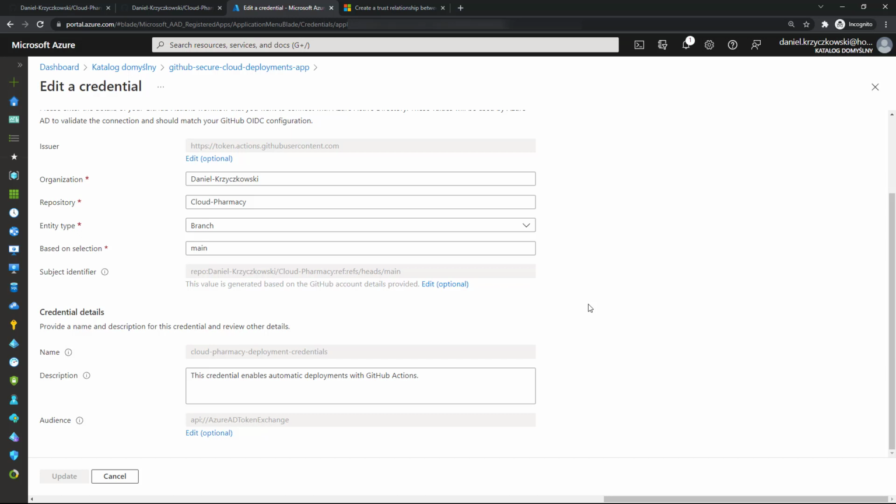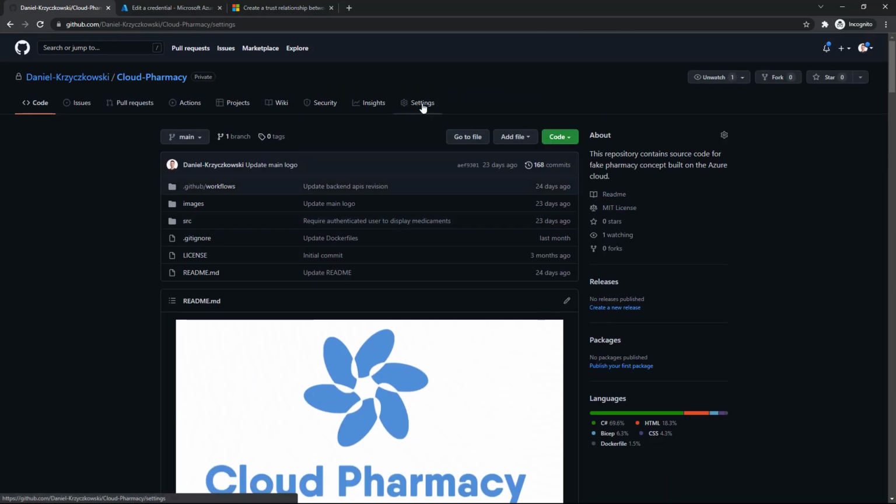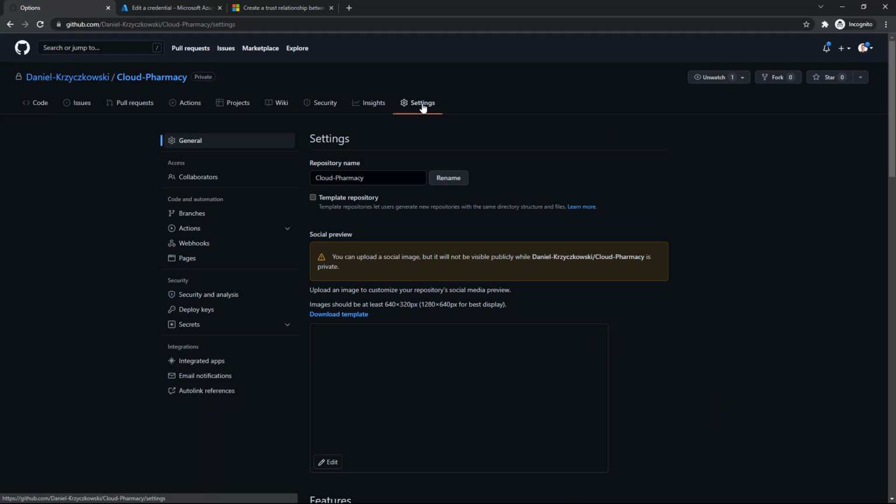So I provided this basic description that this credential enables automatic deployments with GitHub Actions. Here is the Cloud Pharmacy project available on my GitHub. The link is provided in this video description. And now to successfully complete this configuration for the Workflow Identity Federation, under the Settings tab in my repository, I have